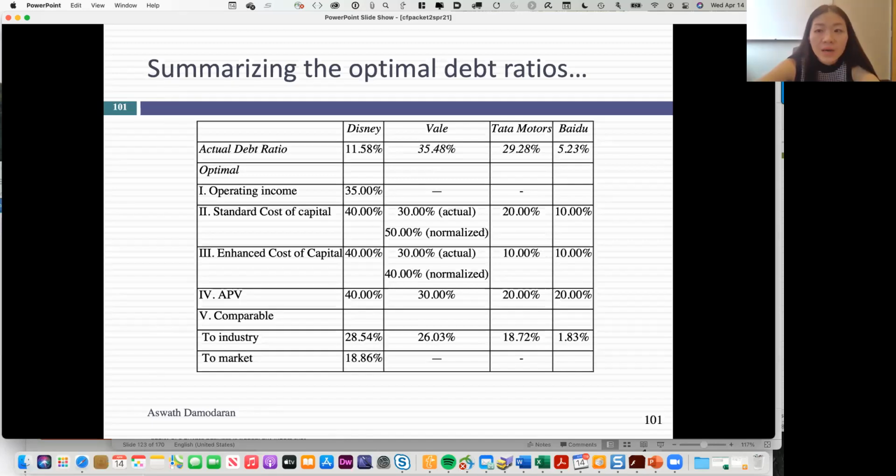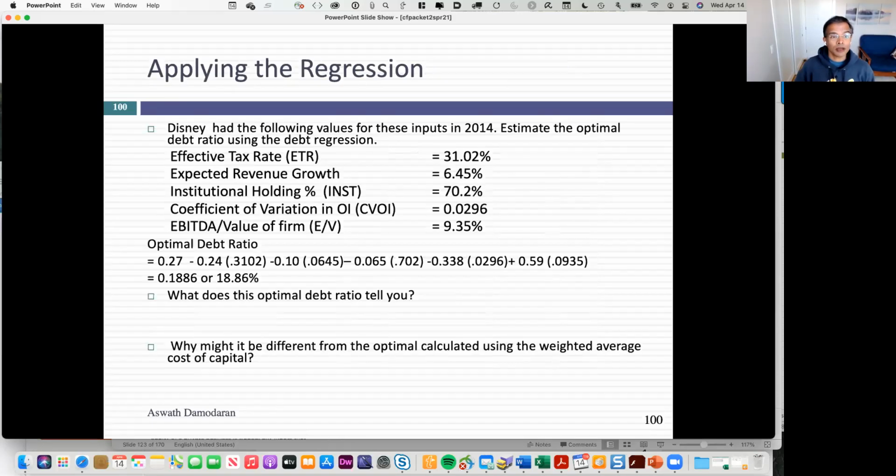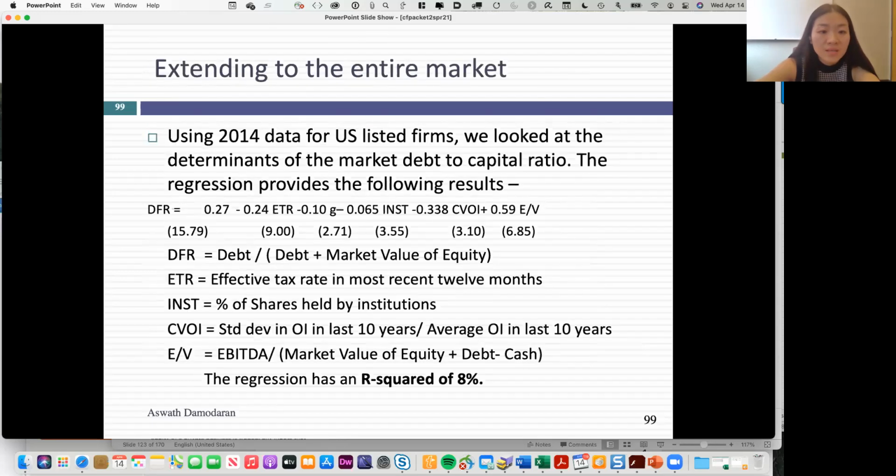Hi, Professor. I have a question on the earlier slide. How far earlier? Just this slide. So the coefficient with effective tax rate is negative here, but a slide earlier, the coefficient was positive. Just trying to understand. In this regression, it's negative. On the previous regression, the global auto,